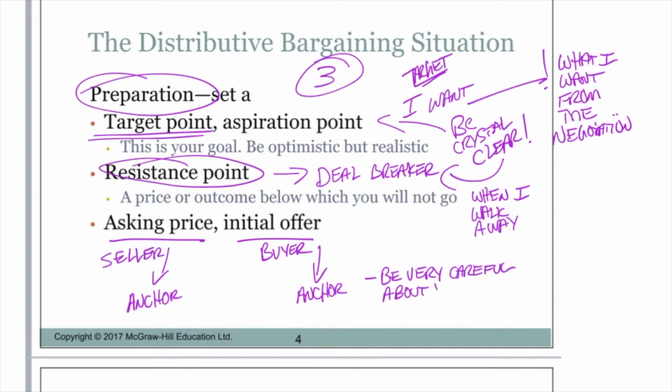If we think about our offer as a tool to help us get to our target point, then maybe we will think about it a little bit more clearly and see how we can create space to get to that target point. There's a term that's used called an anchor or an anchor point. So think of it this way. At the very beginning of a negotiation, there is an initial presentation of either a selling price or an initial